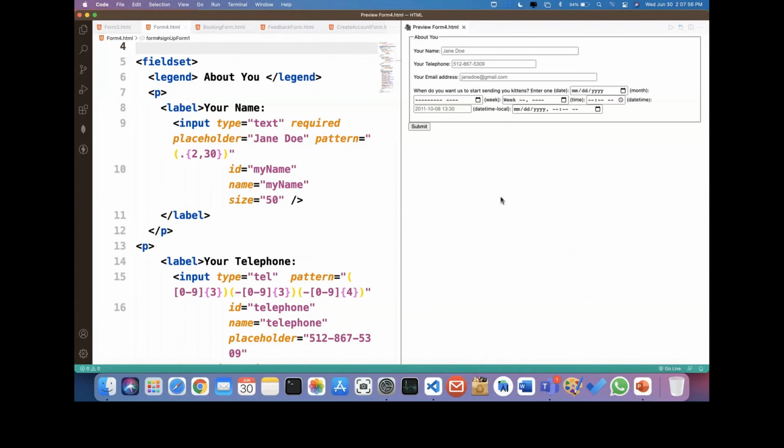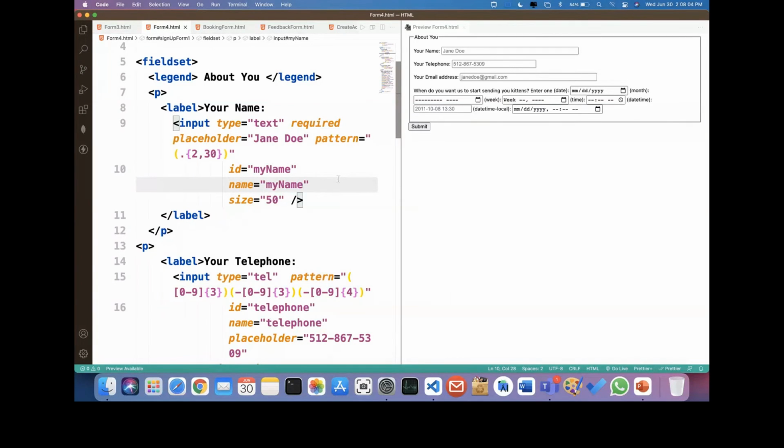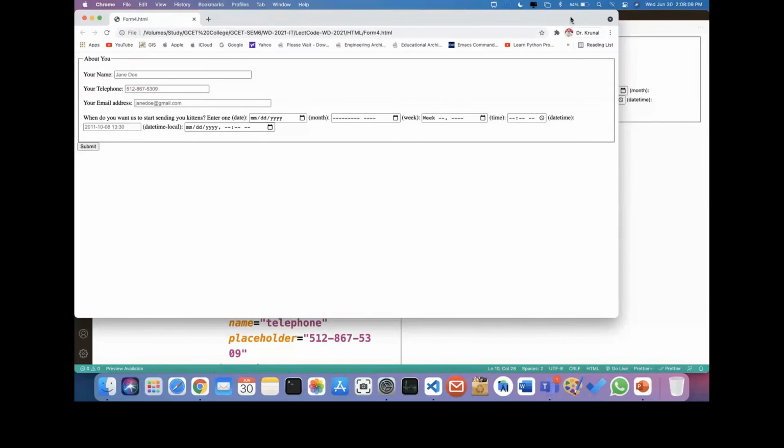If you observe the output of this code, then it looks like this. It's pretty good. I'm just opening it in a browser. So you can see over here, this kind of form you can also design.